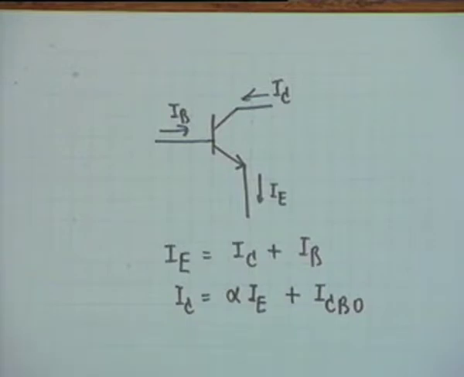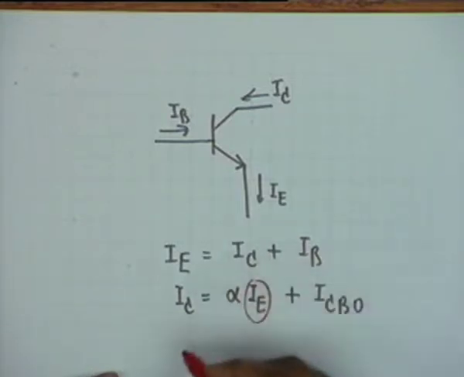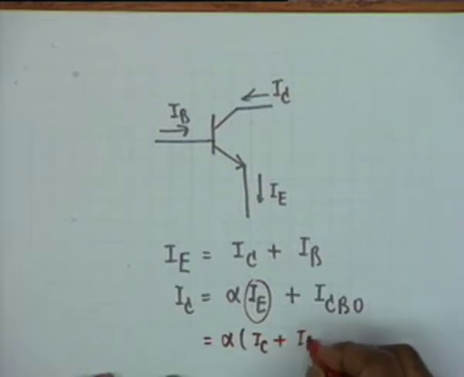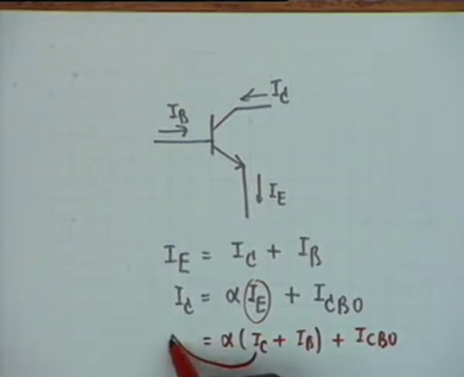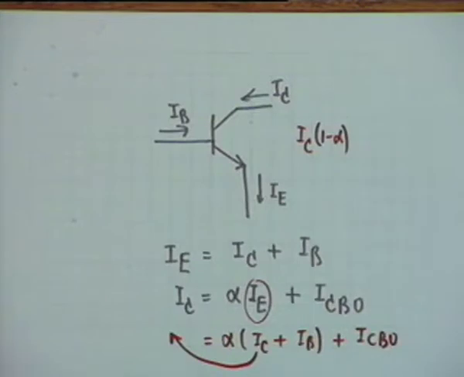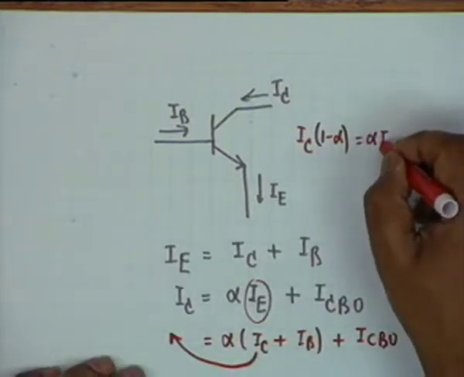So we substitute for I sub E from the first relation, and therefore I get alpha times I sub C plus I sub B, plus ICBO. Then take the term containing I sub C to the left hand side, and I get I sub C times 1 minus alpha equal to alpha IB